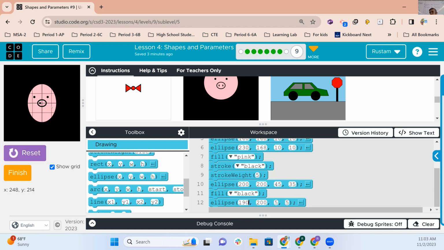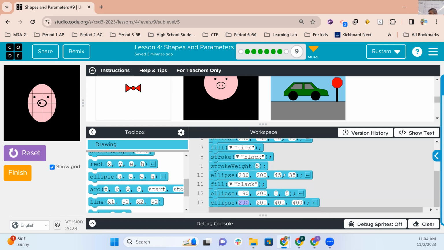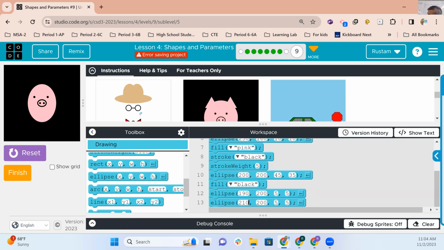It doesn't have to be perfect. Just do your best. So ellipse, another ellipse. And this time I'm going to keep all the numbers the same except the x. Because only x is changing for the second, right? It's going to be to the right of the first circle. So I'm going to keep this 200. This is going to be 5. This is also 5. And then this one will be a bit to the right of the center, which is 210. Let's reset this. There. Right? And now all we have to